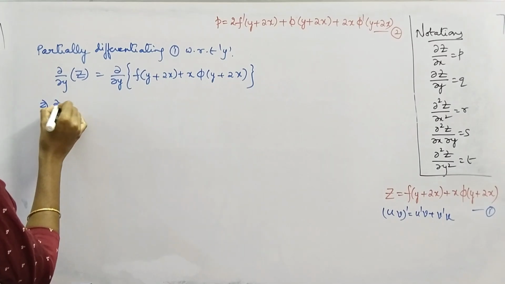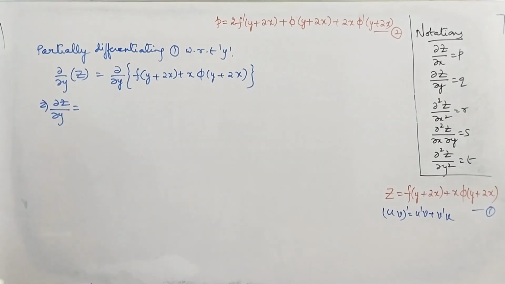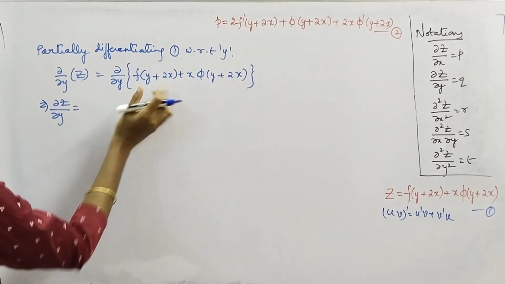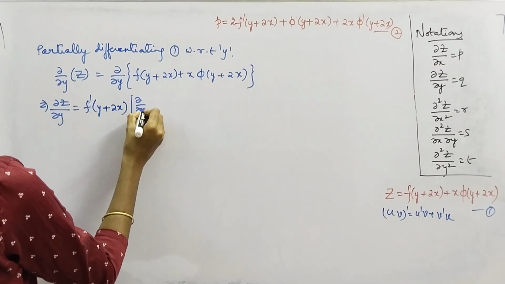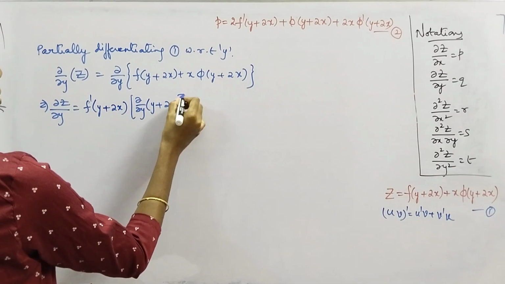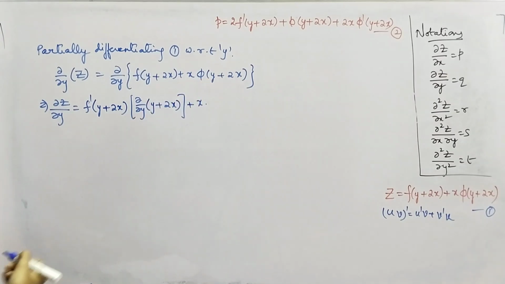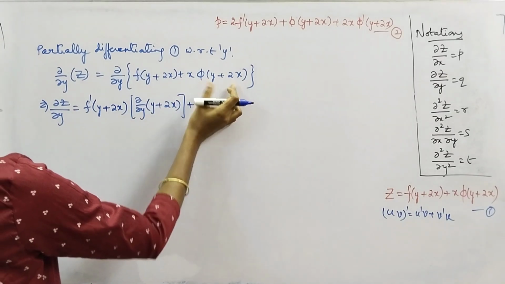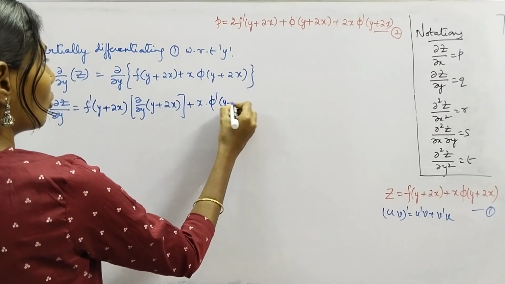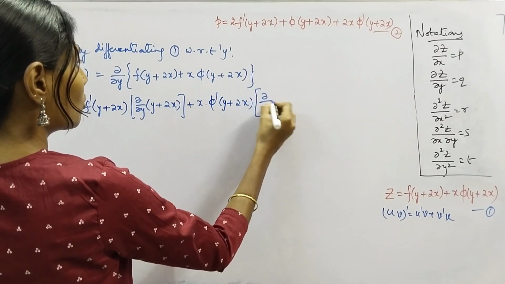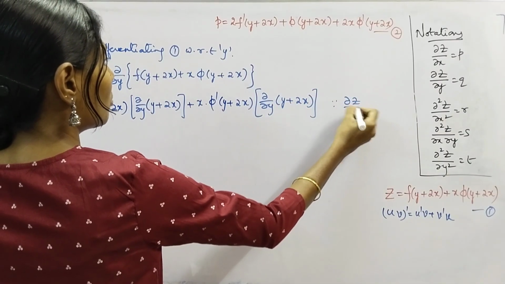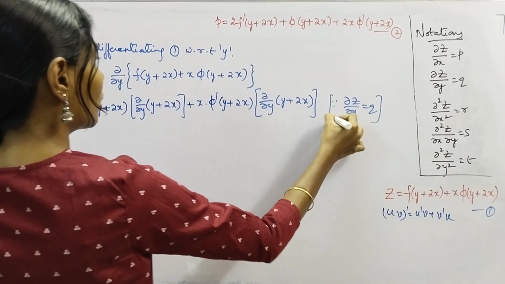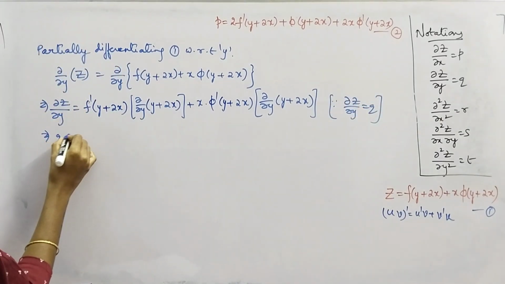Okay, and this gives us dou z by dou y equal to, here we are partially differentiating with respect to y, so we'll treat x as constant. The partial derivative of f of y plus 2x is f dash of y plus 2x into the inner derivative dou by dou y of y plus 2x, plus here x is treated as constant, right? x into the partial derivative of phi of y plus 2x is phi dash of y plus 2x into the inner derivative, that is dou by dou y of y plus 2x. And also we know that dou z by dou y can be replaced by the notation q, so you'll replace it by q. You'll get q equal to